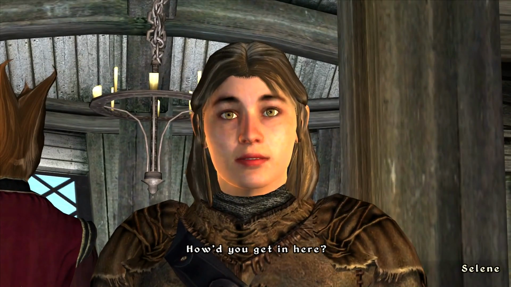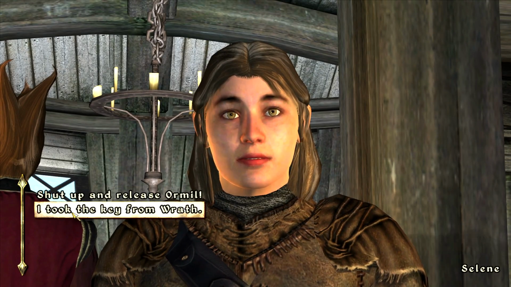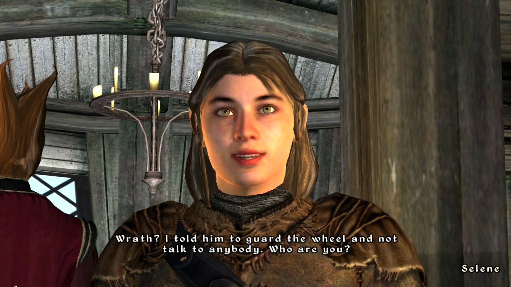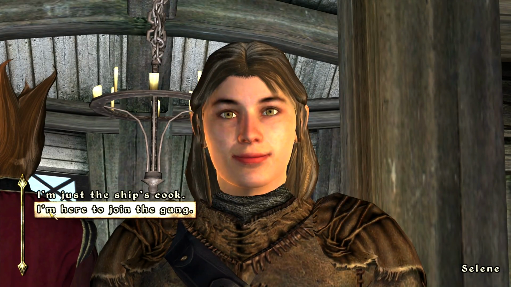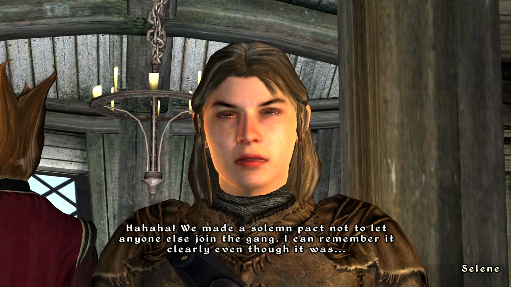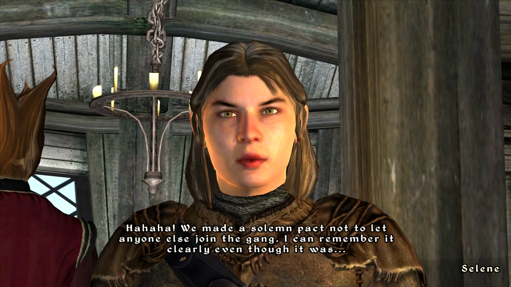How'd you get in here? I took the key from Wrath. Roth? I told him to guard the wheel and not talk to anybody. Who are you? I'm here to join the gang. We made a solemn pact not to let anyone else join the gang. I can remember it clearly, even though it was...